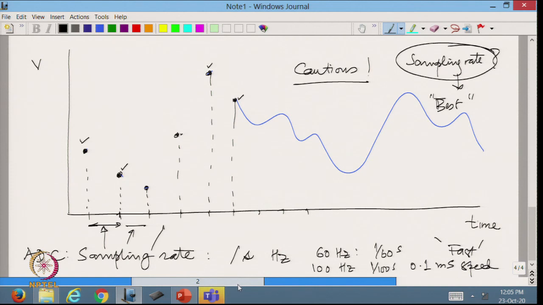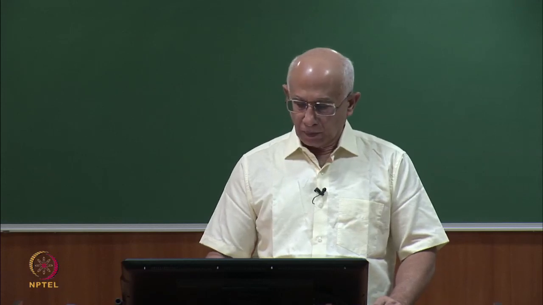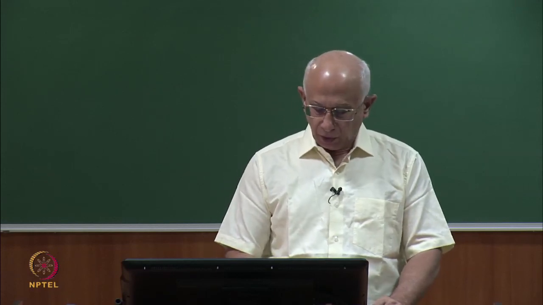For this, you need knowledge of the parameter being measured, how fast it changes, and what is the range in which it changes, and then match this with both the amplifier, the A to D converter, its number of bits and its sampling rate. So, those are all the important things about the A to D converter, and what we now have here